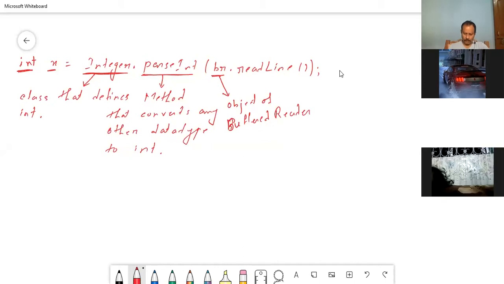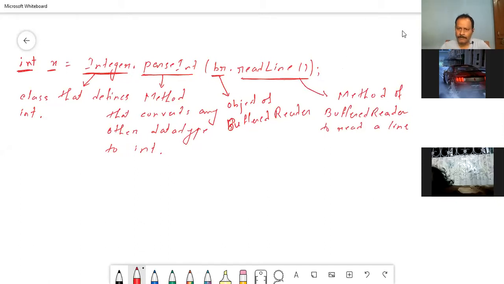Now this whole remaining portion is a method of BufferedReader to read a line.